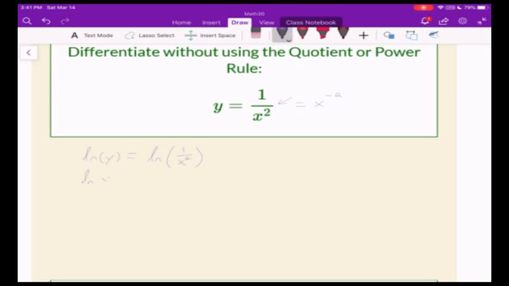So I can take the natural log of both sides of this, natural log of 1 over x squared, and of course everybody remembers their log rules, so when I'm dividing inside a log, this lets me take the natural log of the top, and I'm saying natural log, but it really could be any log, log base 2, log base 10, whatever. But then minus natural log of x squared. All right, if I then differentiate both sides at this point,